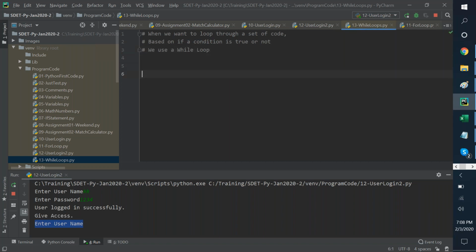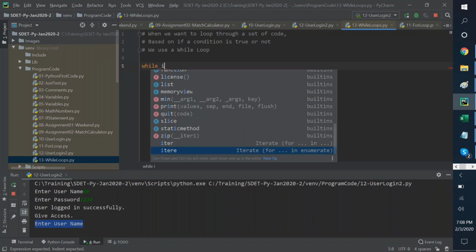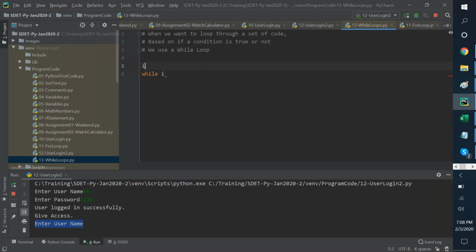Okay. So the way we get into it, team, is very simple. In a while loop, I don't have a counter to begin with. I don't have to use i every time, team. I can use a also.